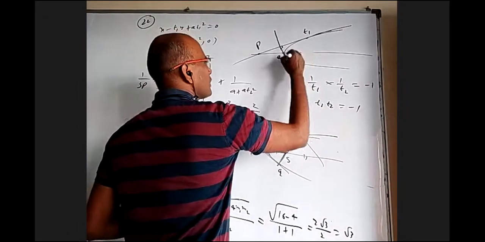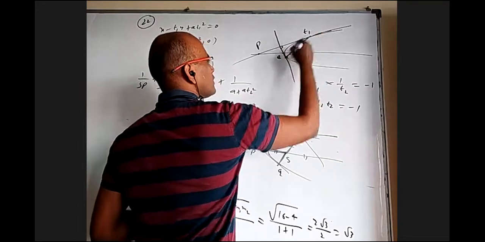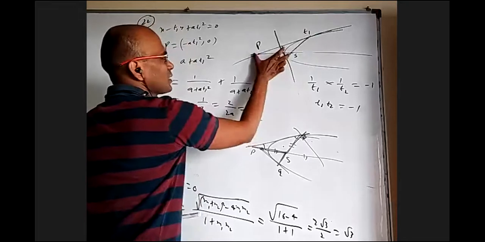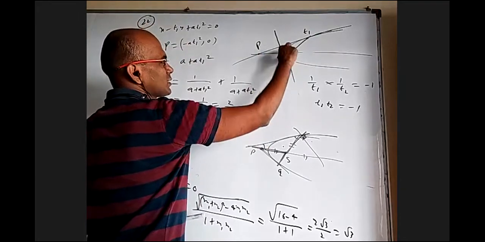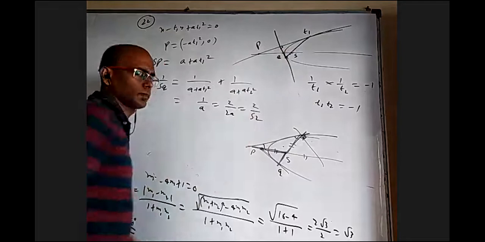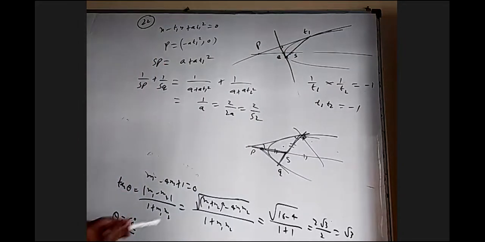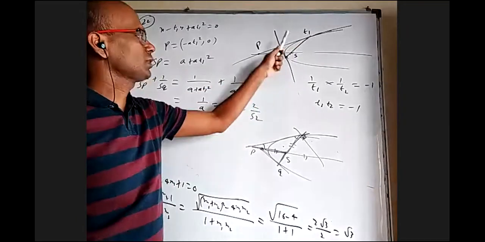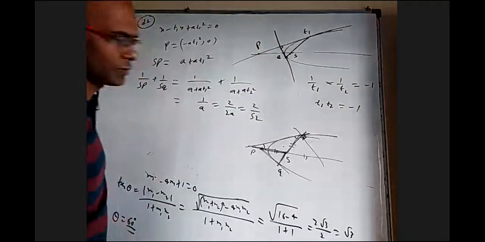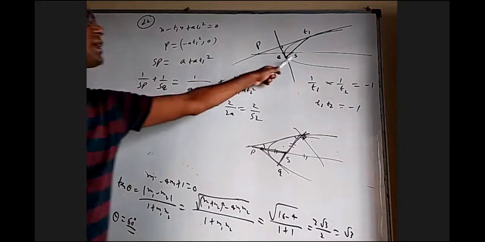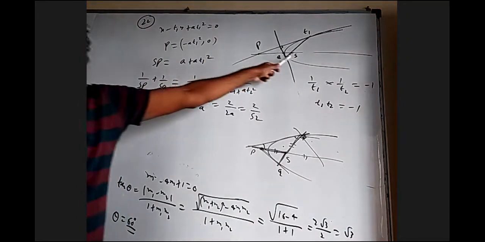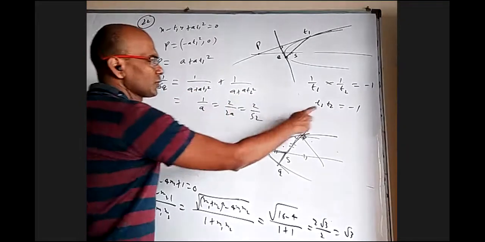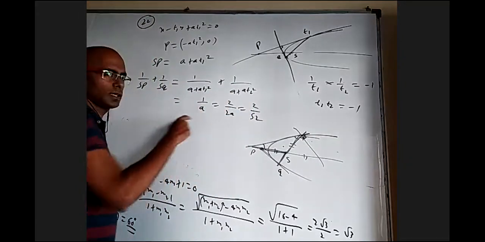If we draw a proper figure where this is touching, S is right here. And this length is the same as this length, and this S length is the same as this length. If you don't notice that also, not a problem. We took this as T1, this as T2, and T1 T2 is -1 because the product of the slopes of the tangents is -1. For the SP length, we found the x-intercept of the tangent, found the distance to the focus and derived all that. Only I did not show you. In the place of T2, you write -1 by T1 and simplify, and you're going to get this independent of T.